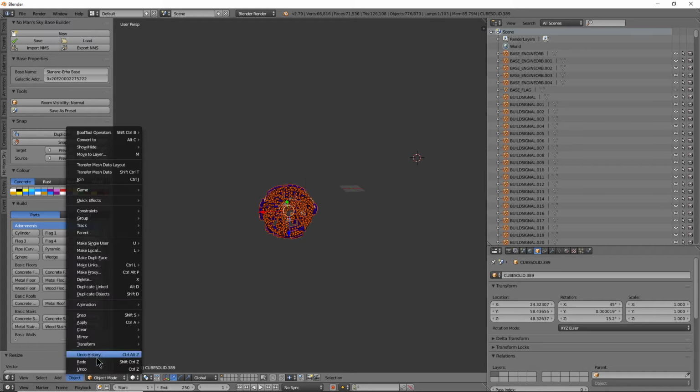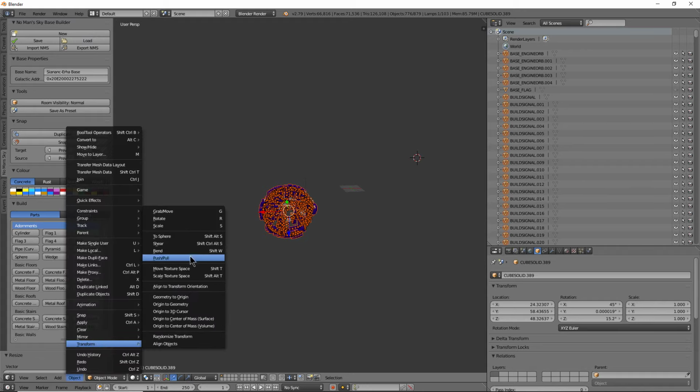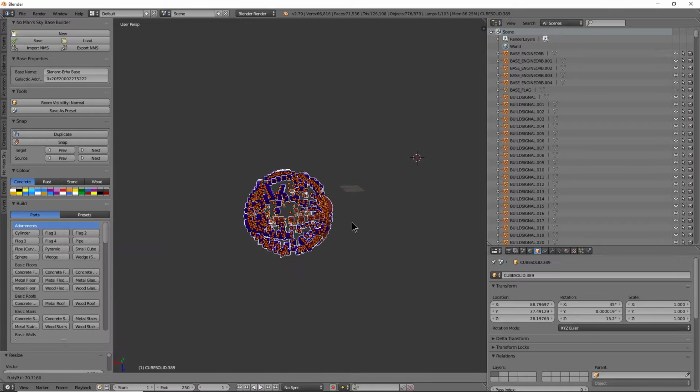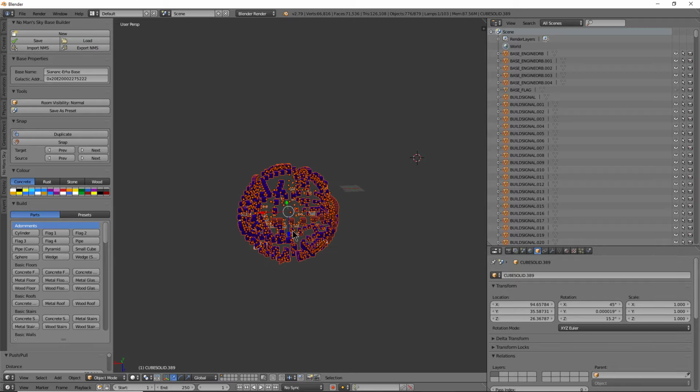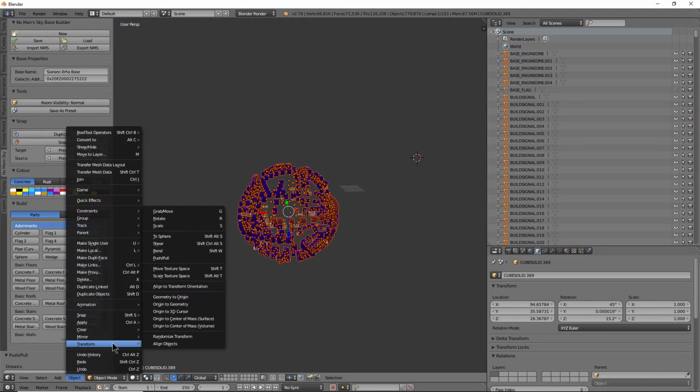Also, in here you can see that there's a push and pull. This gets really crazy. Just make a box and push and pull it and see what happens. You'll figure it out. We can do that actually right now, but it does kind of an implode, but it's a little bit different. You can't really see what it's doing with this project right here, but it's definitely a secret sauce, so play with that. Like I said, I'm just showing you where the tools are so you can use them. So that's push and pull, and the next one is